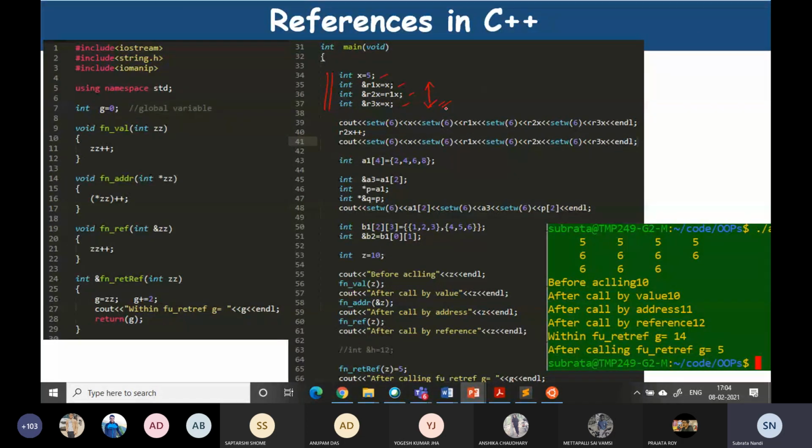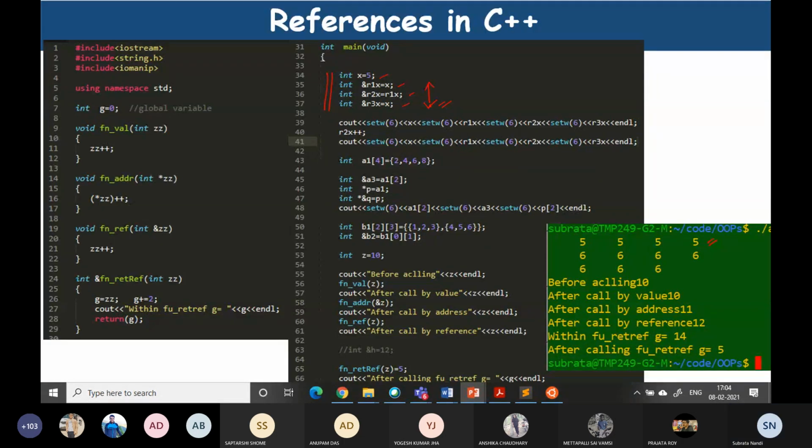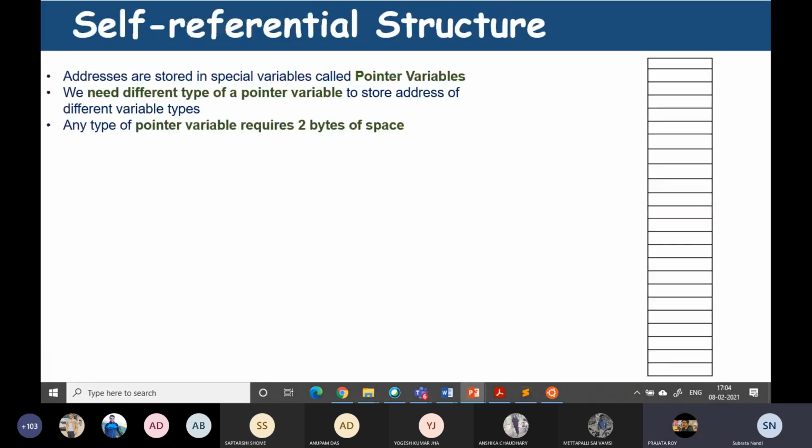After this step, it will be recognized by 4 names, right? So if I display this statement, setw(6), so I give some initial blanks, then x, r1x, r2x, r3x, it will display the same value. We see here they will all be 5. And if I write here r2x++, whichever name you call the location by,